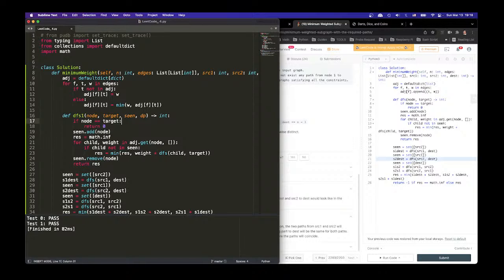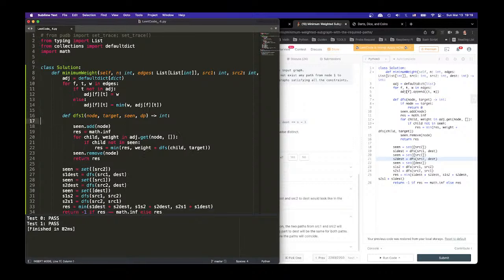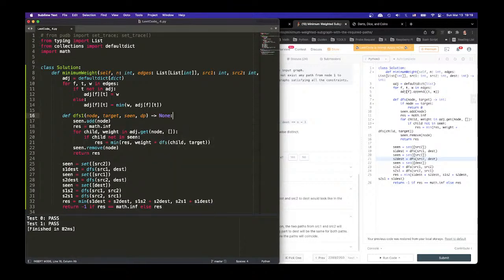Everybody is going to be, let's say, math.inf. If dp[node] is smaller than infinity, that means we have checked it already. So we say, seen. So a node, we do seen,